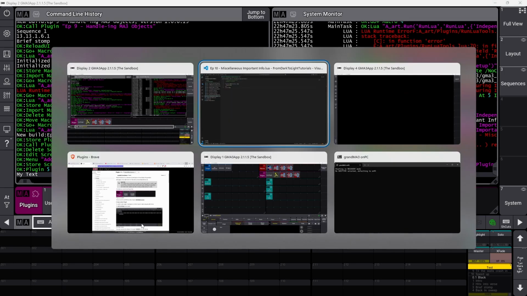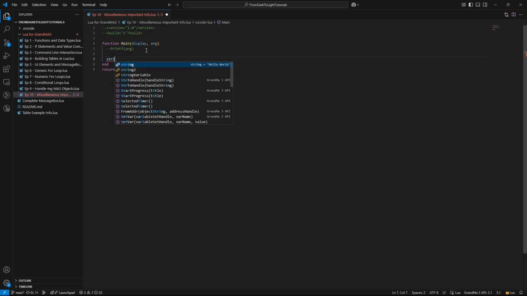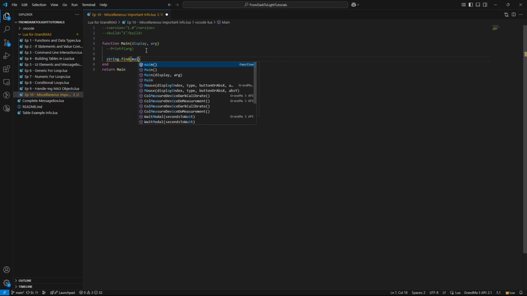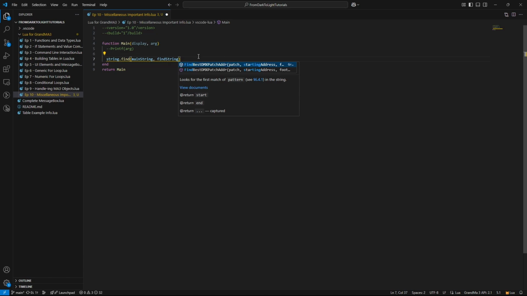So I'm going to go back into VS Code, and I don't know if I want to leave this code here or not, to be honest with you. I'm going to comment it out, and it won't matter if you call this plugin without these as long as they're not used. So to use the string.find function, you're going to just type string.find, main string and a find string. I will explain what those do. Whenever you run this, it's going to return two numbers. One will be the position of the first character found within the string, and the second one will be the position of the last character.